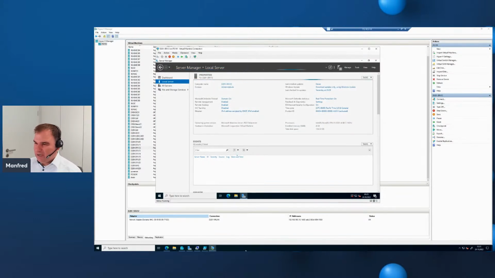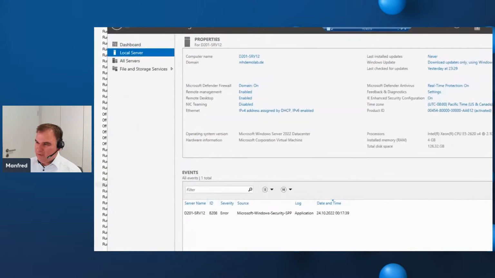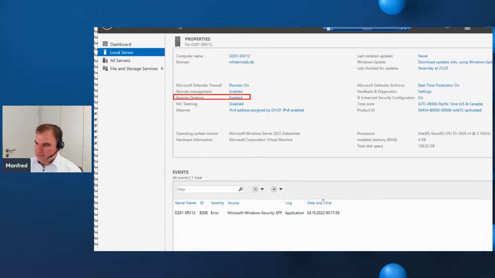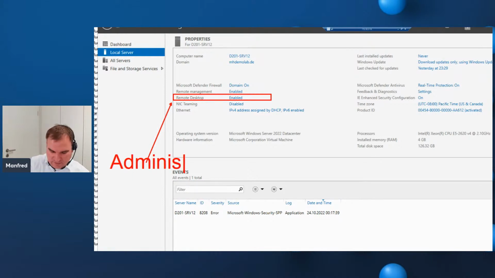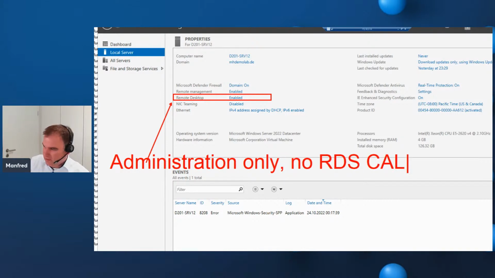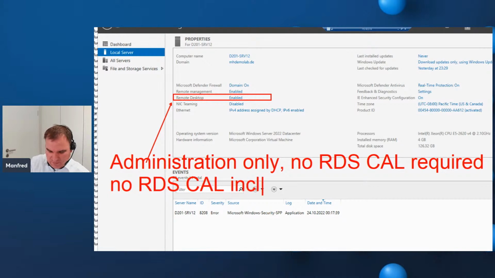This is only a remote desktop connectivity for administrative tasks. So this RDP or remote desktop services enablement here is only for admin, no licensing, administration only, no RDS CAL required, no RDS CAL included.